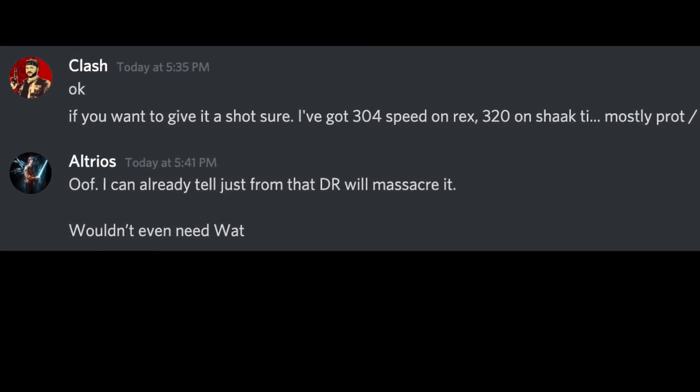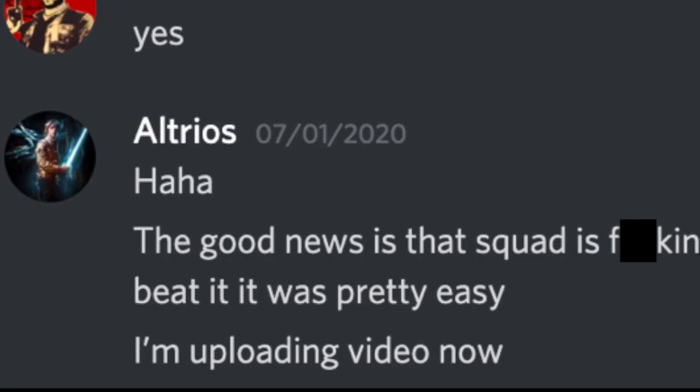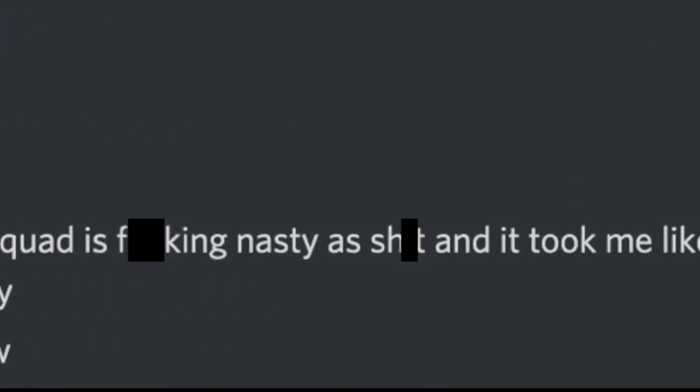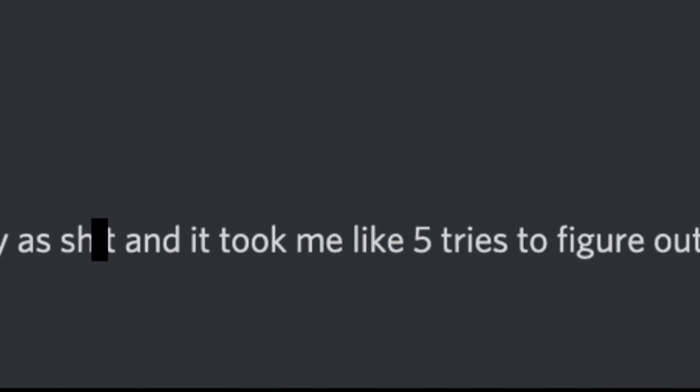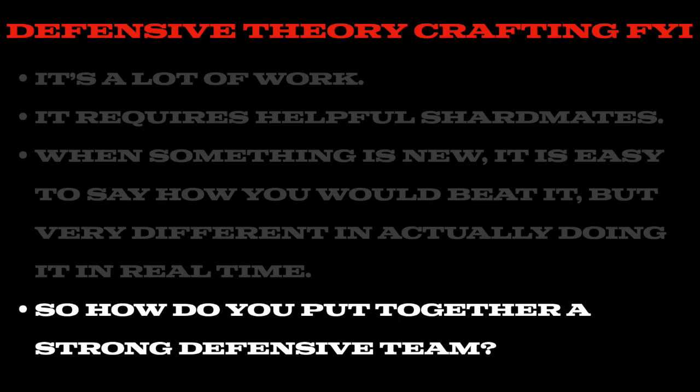Altrios is facing this team that we're going to showcase today, and he said straight up he would massacre it, and then immediately said that team is effing nasty and it took me 5 times to beat it. And just to prove to you how crazy, he had to take DR, Bastilug, GBA, Watt, and Han in there to beat it. So we're going to go through a few things today,